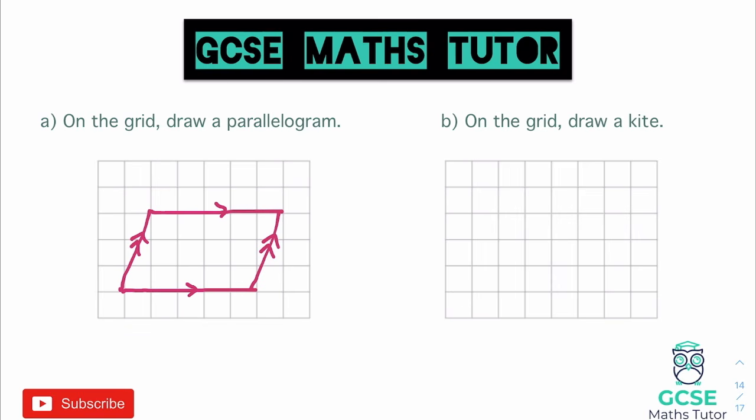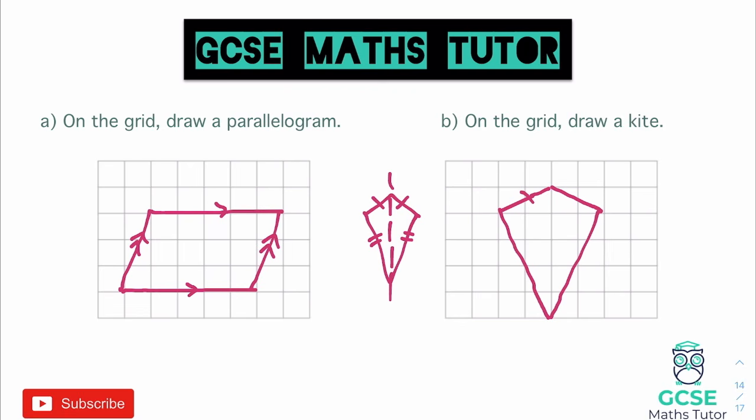Now for the next one, it says to draw a kite, and to draw a kite we need to create, let's just have a think how I draw it. We know what a kite looks like. It looks something like this, where these two sides are the same length and these two sides here are the same length. So obviously I could draw this any size, so I'm going to draw the top bits to start with. I'm just going to go from there to there, and then the same pattern the other way around, so there is that line of reflection going down the middle that we have in a kite, and I'm going to do all the way down to the bottom of the grid, so we'll go down to here, down to there,